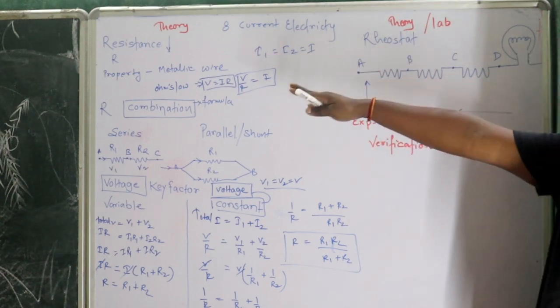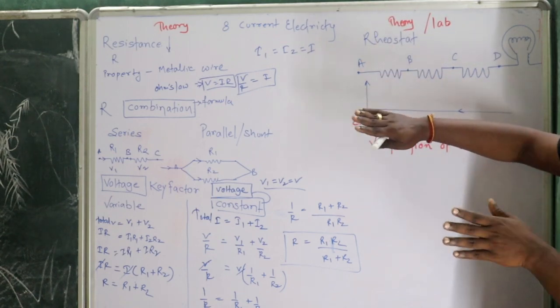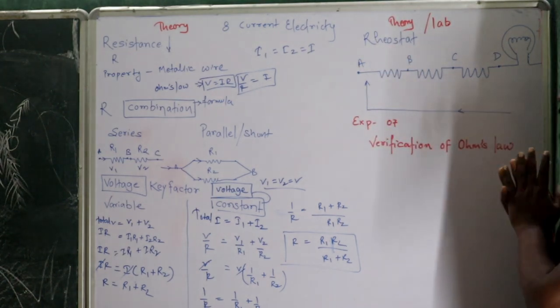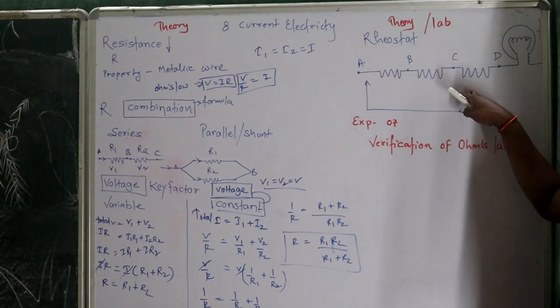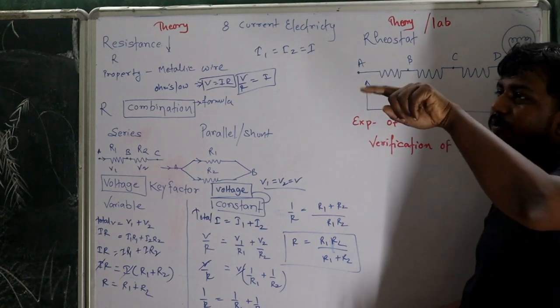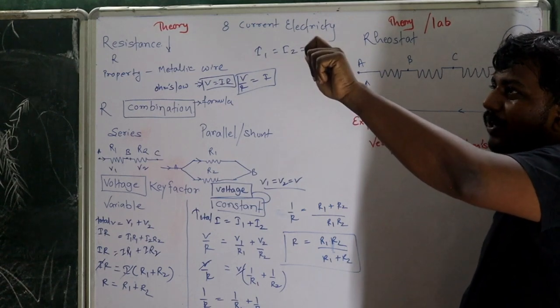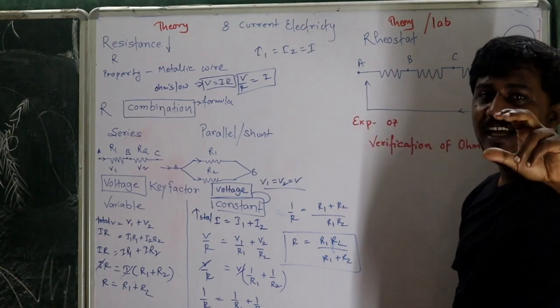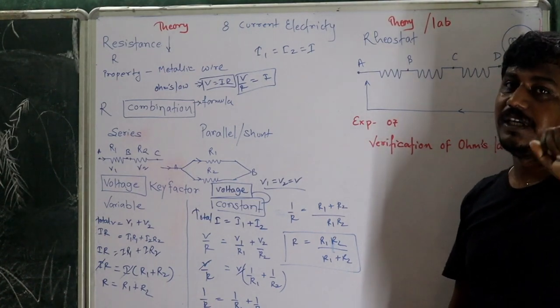Okay, the theory part we have taken. Some portion from the lab we will try to explain as a theoretical one. Then we will go with experiment number 7. What is the rheostat? Rheostat is a combination of resistance. Have you seen the regulator for the fan? What we are using, like 1, 2, 3, 4, 5 numbers are there, and when you rotate that screw, 1, 2, 3, 4, 5, in this way you will find the value of the current going to the fan changes.